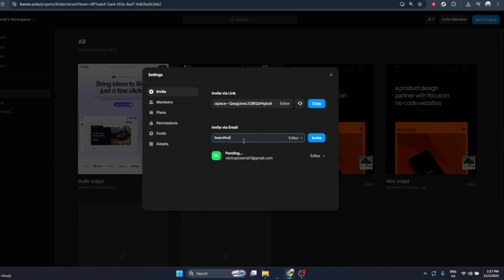The second method is inviting via email. In the same invite panel, switch over to the email option if it's not already selected. Here, you can type in the email addresses of the people you want to invite. This approach is great when you want a bit more control over exactly who gets in, or when you prefer formal individual invitations. You can add one or several email addresses, then send the invites directly from Framer. The recipient